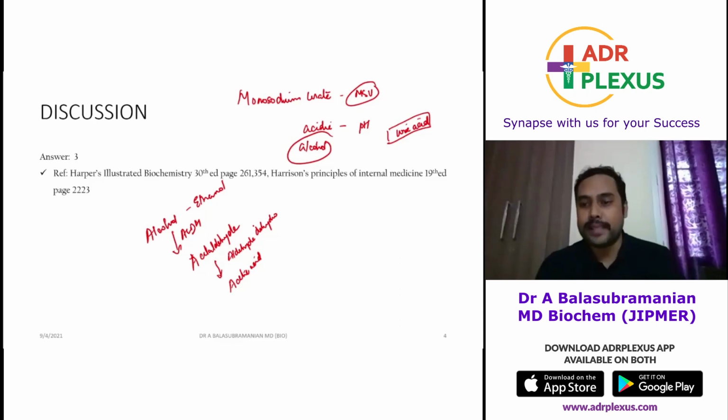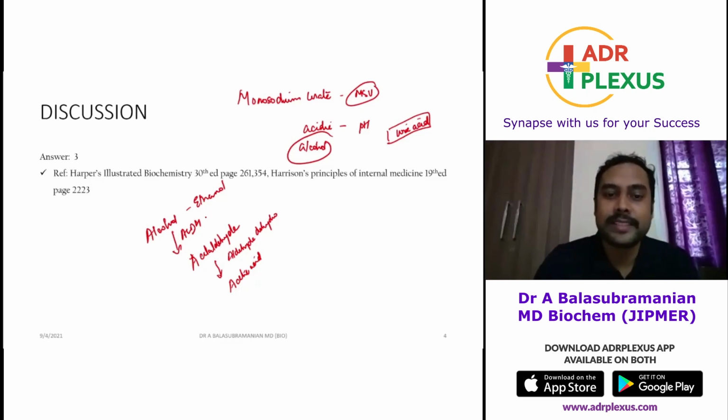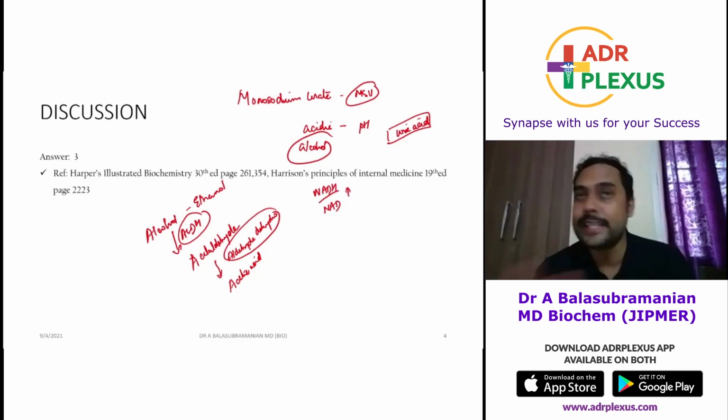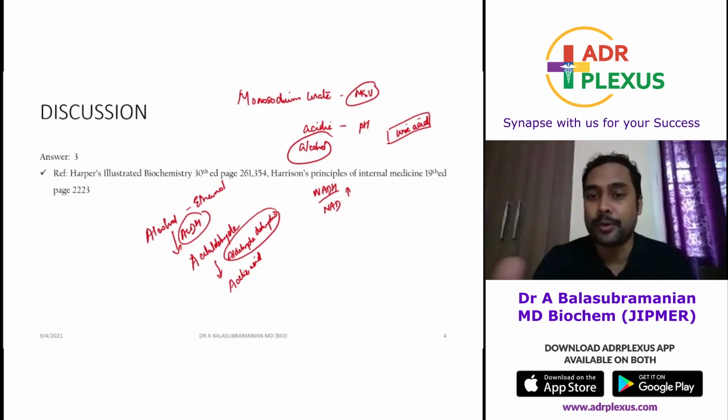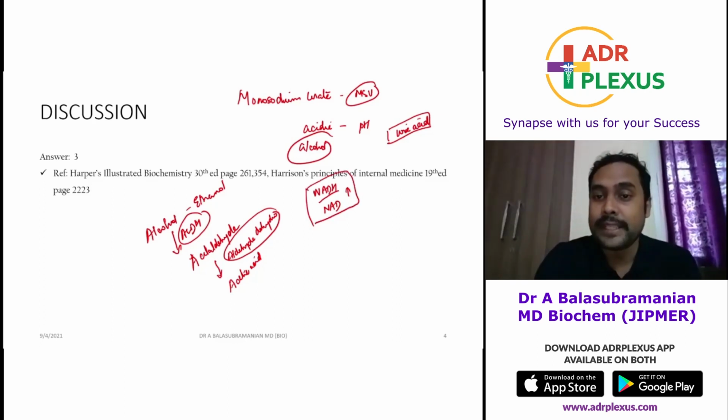The problem is not with the acetic acid when it comes to gout. The problem here is that because of these enzymes, alcohol dehydrogenase and aldehyde dehydrogenase, the NADH to NAD ratio increases. Both these enzymes take up NAD and convert it into NADH, so more NADH will be produced. But there is a problem here. When the NADH to NAD ratio is increased, it goes and converts